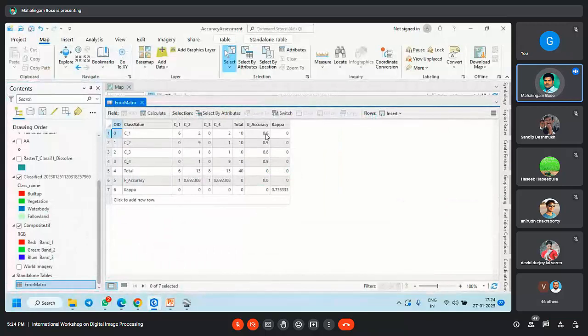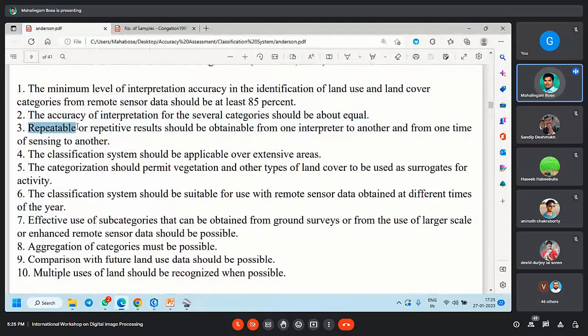See here we have the user accuracy 0.6, 0.9, 0.8, 0.9, and here for build up it is 0.1, 0.6, and 1 for the third class which is water body, and 0.69. So they say that each class's accuracy should be about equal, right? And